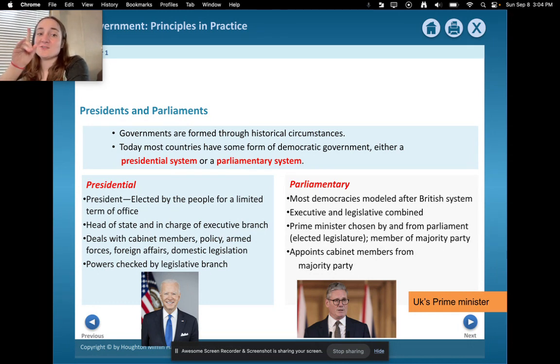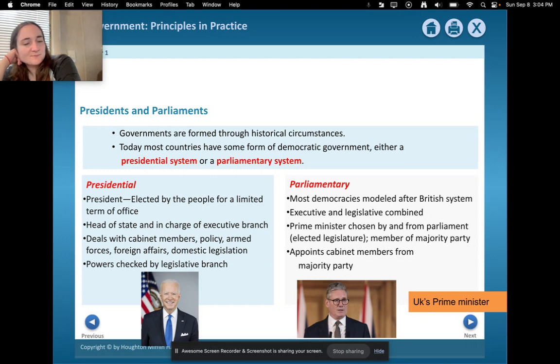So that is either a presidential system like we have, or a parliamentary system, which the biggest example would be like the United Kingdom. With the presidential system, the president is elected by the people for a limited term of office, and is the head of state and in charge of the executive branch, and deals with cabinet members, policy, armed forces, foreign affairs, and domestic legislation, and also has powers checked by the legislative branch,